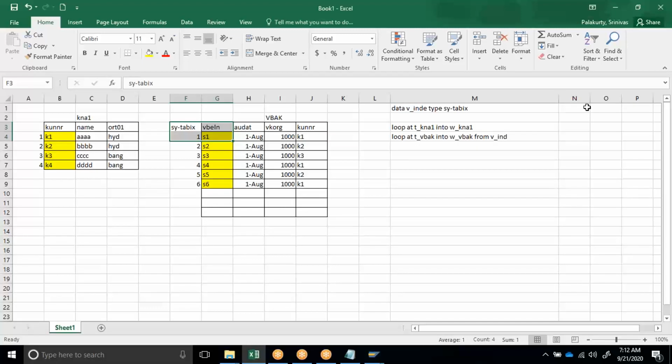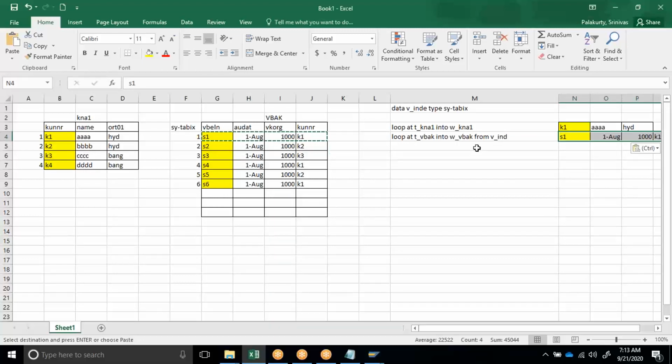Suppose in the index there is record number 3, then it will start from the 3rd position. But as of now, when I declare a variable, it will have nothing in it, so it will have 0. Ultimately the count will always start from the first record. So for the first time, I am getting the first record into KNA1. This record came into the work area. Now here, start from record number 1. When I say record number 1, the first record will come into the work area.